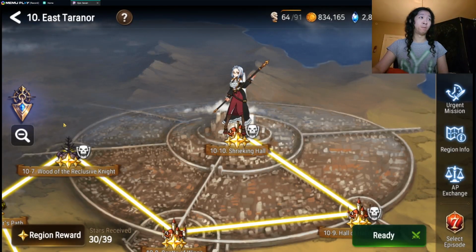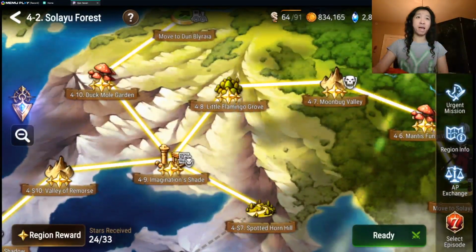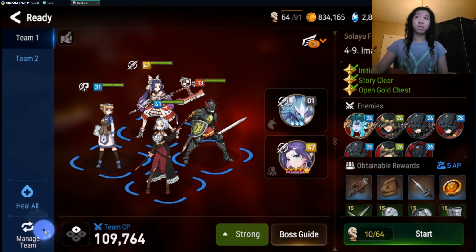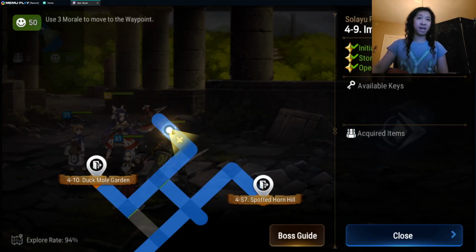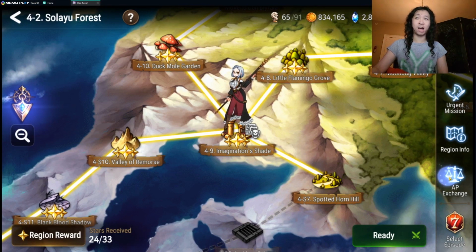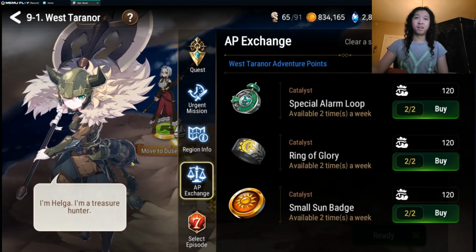If you don't get her from, say, your selectives or from a random summon, you will have to either farm out 4-9 here for the badge, where what I do is I go around this path right here, all the way here, and then I teleport back here, and I walk along this path a little bit until my morale drops too low. Or if the RNG of getting the catalyst drop is kind of bad for you, you can wait until here, and you can farm